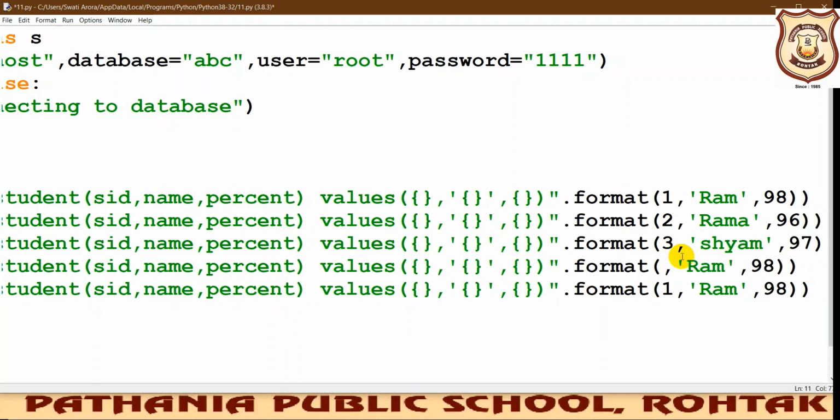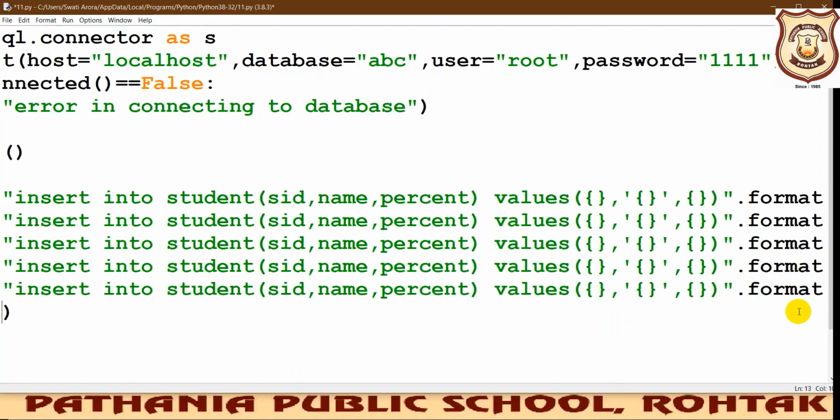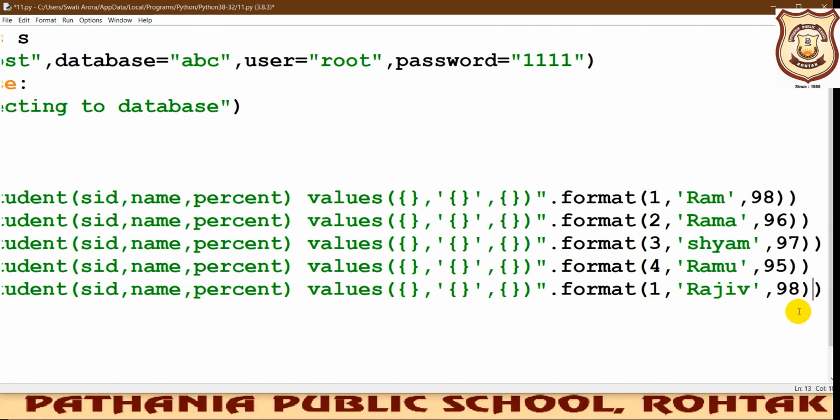Again make it 4 and let us make it Ram. Percentage, let me make it 95 and fine, 98. So we have entered 5 data entries.